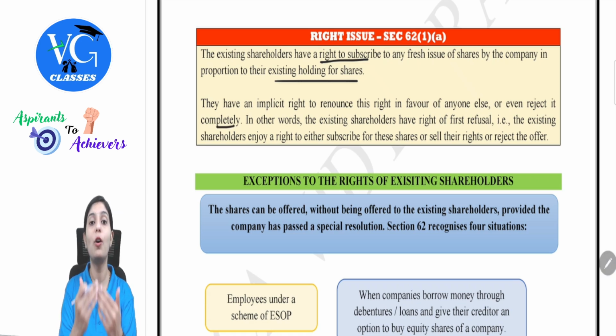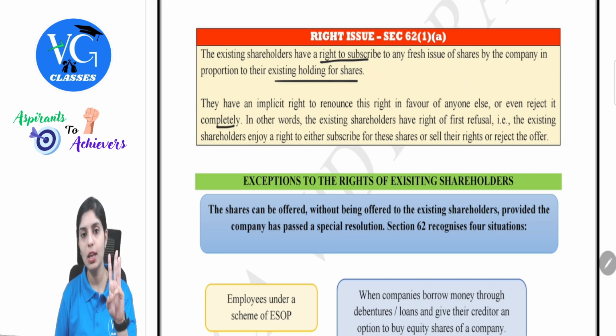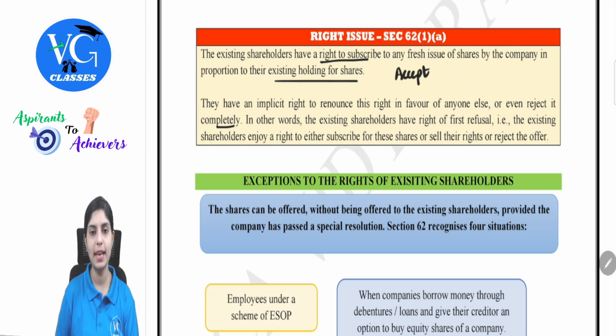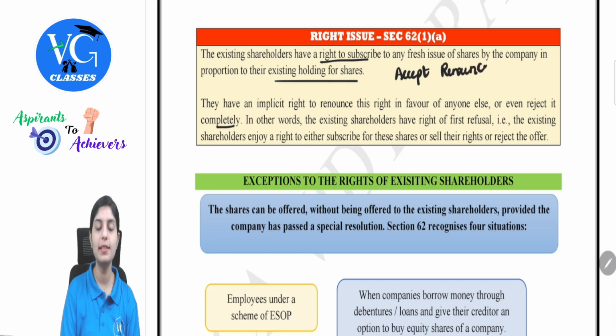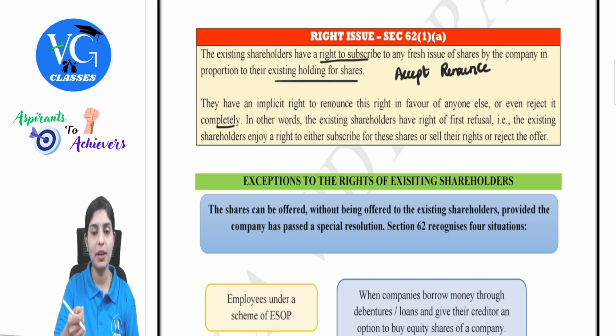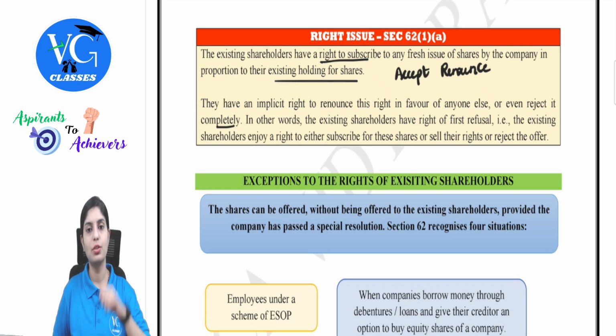See, when the rights shares are offered to the shareholders, they will have three options. The first one is to accept the offer and buy the rights shares. The second one is to renounce the right. What does renunciation mean? The company has given that right to the shareholder, but the shareholder is not able to subscribe. So the shareholder can pass on this right to any outsider. This right is available to that outsider because the current existing shareholder has passed it on. So this is called renunciation of right, just a passing of the right. The shareholder has this as a second option.